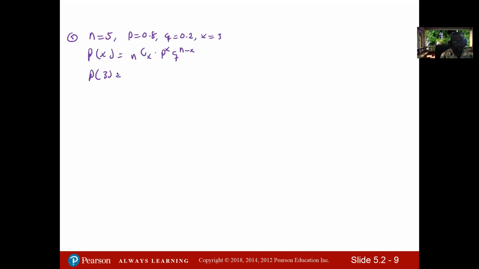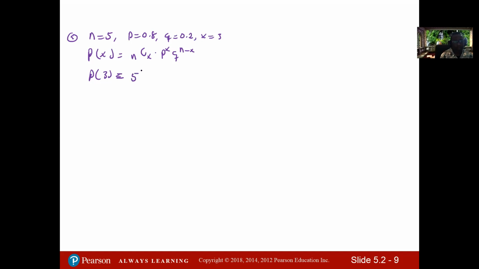So now let us go to, let's find a formula. First A. Okay, we know N is 5. P is 0.8. And then Q is 0.2, as we indicated, and X is equal to 3. So the formula is the probability of X is the N combination X times P raised to X, then times Q raised to N minus X. So we want to find the probability of 3, which is equal to,